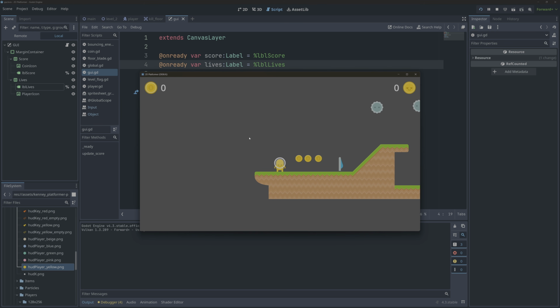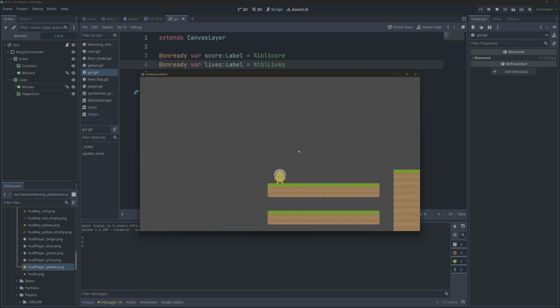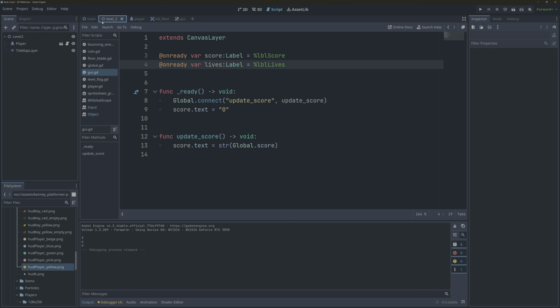So we've got our layout, looks good. And when I pick up our coins, it should change the value up here. Now we could come in and scale it. It looks a little big, but again, I'll let you play around with that. It is adding them properly for us. But when I go to the next level, it's not there. I'm not worried about that yet. Maybe later on we'll make it a singleton. If not, we can just take this scene, drag and drop it into our level 2, and everything should just